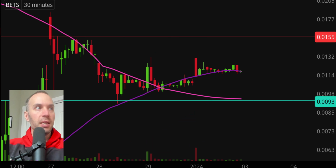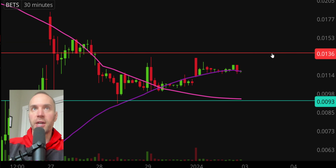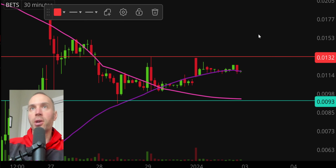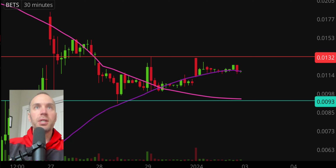Next one here, BETS, and overall, the chart is staying between this channel pattern, but we do have some other areas now that I want to focus on. So what I'm going to do is just drag this area down because this level here now has become very, very apparent right here at 0.0132. You can see a couple times now rejection, and then this morning rejection,